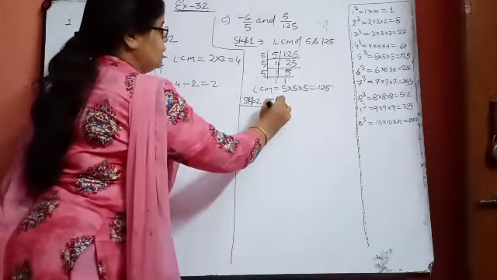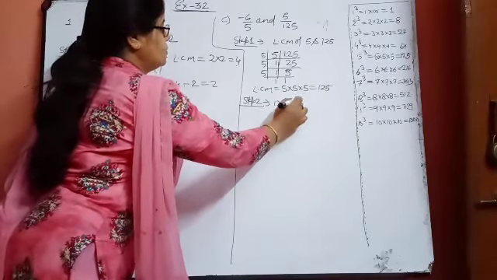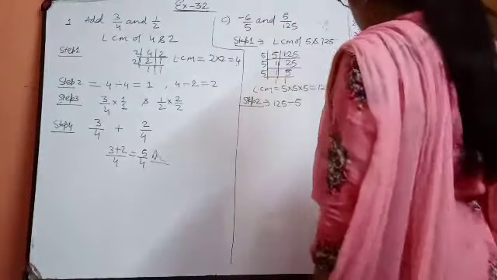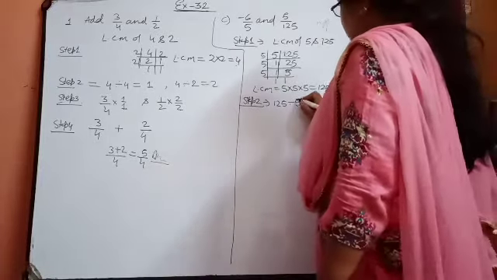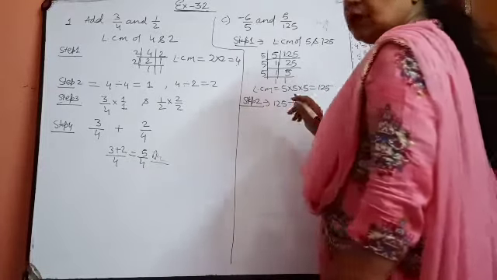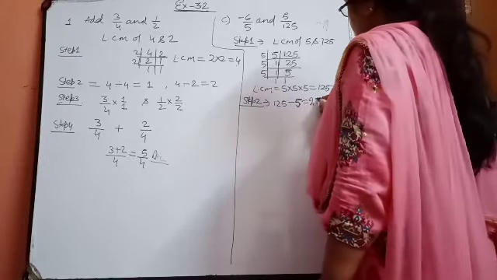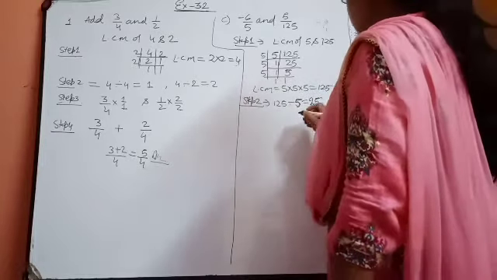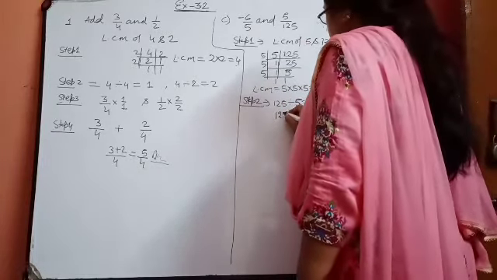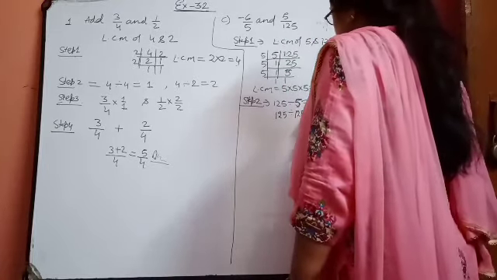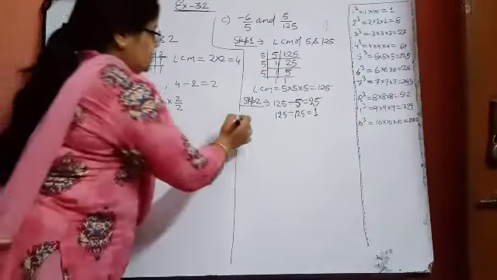Then step 2: this 125 divided by the first denominator. What will you get? If you are not able to do the division directly, do that division in your rough column. I already told you that on every page you should have a rough column on the right-hand side of your copy. So what will you get? 25. Then the second one: this LCM 125 will be divided by the denominator, that is also 125. So what will you get? 1.